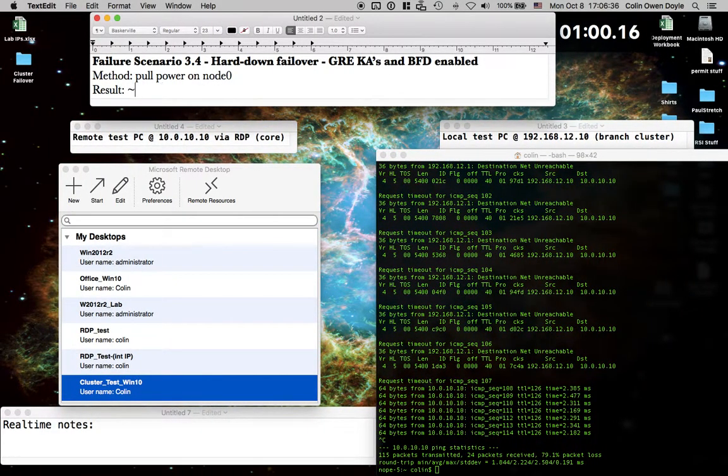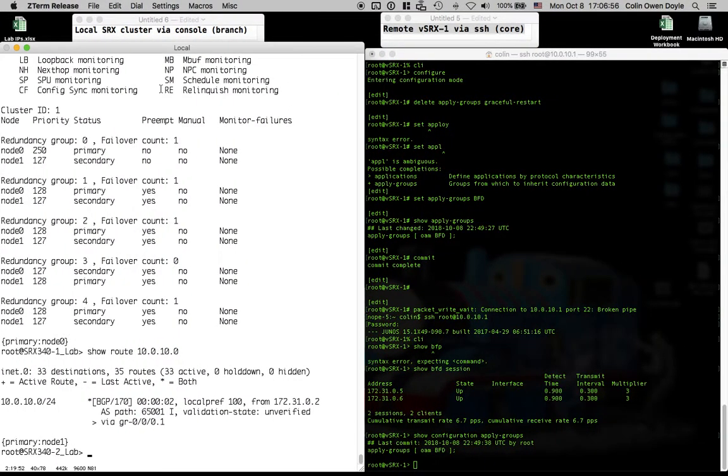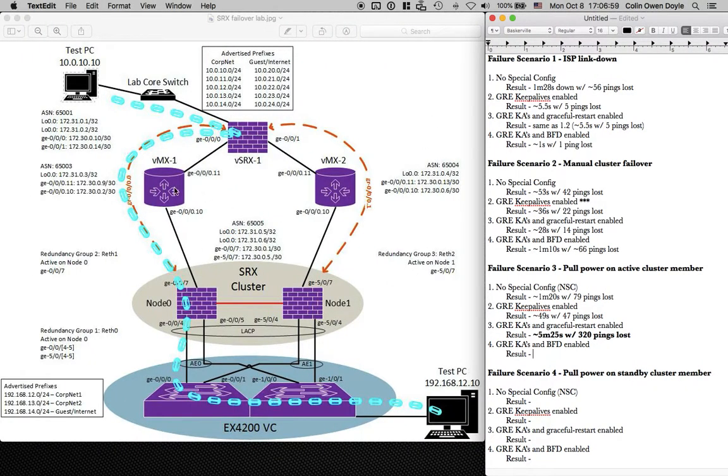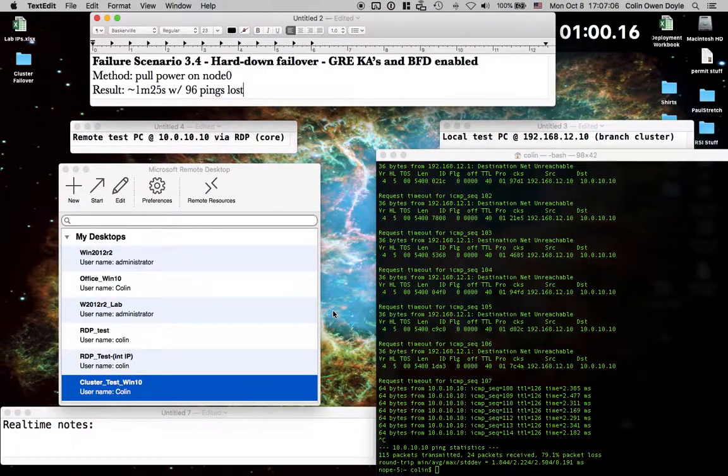So this is roughly 1 minute, let's say 25 seconds. I can proceed. All right, let's say that was 25, 15, 10, 95, 96. Yeah, I'll do a test where we actually multi-home one of these VMXs to both of these devices. And if we do a failover, it should be a much, much shorter time. But this is more focused on branch, and I think for now we're done.